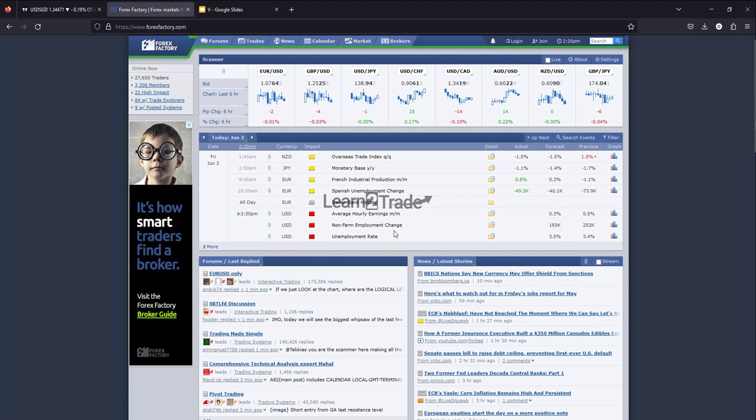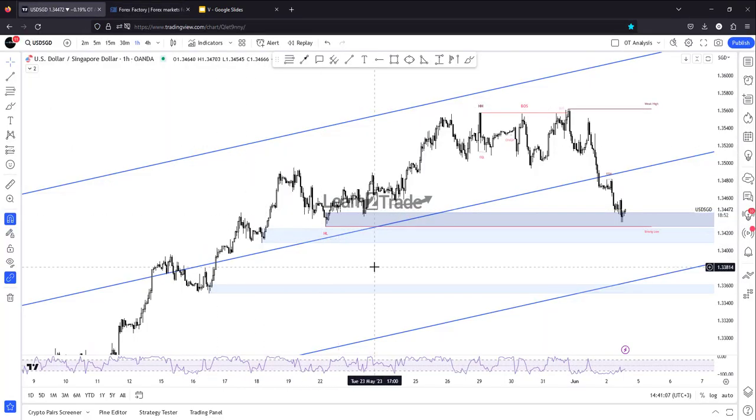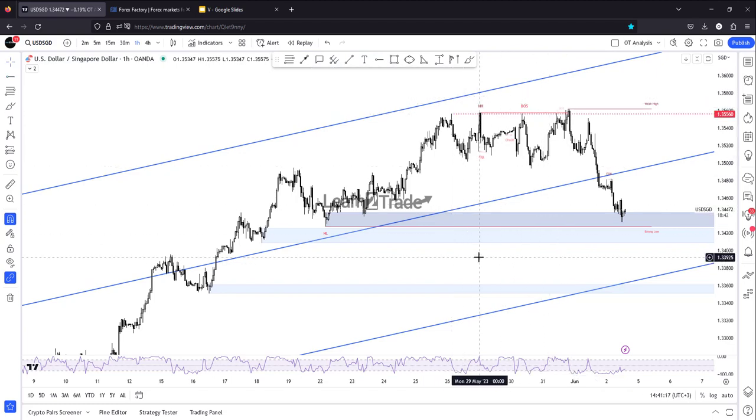Economic calendar: non-farm employment change, unemployment rate, average hourly earnings as high impact events. Guys, today the fundamentals should move the markets, and that's why let's take a look. US dollar, Singapore dollar, massive sell-off, after failing to stay above